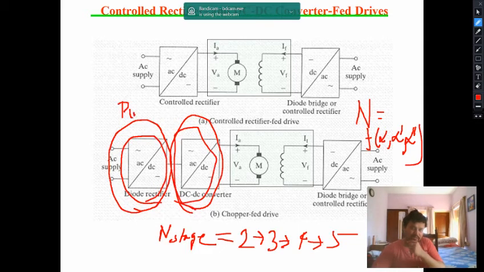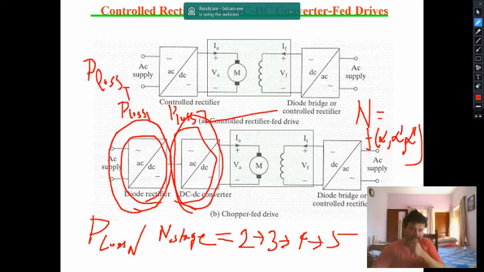So it will be P loss 1 for stage 1, P loss 2 for stage 2, and for the nth stage it should be P loss n. So the total loss of your system will increase as you increase the number of stages. So if your P loss total gets higher and higher,